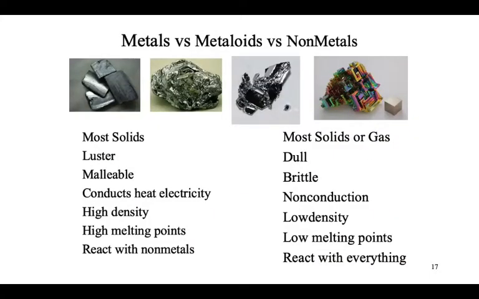Okay? So, classifications for our elements. We get metals, metalloids, and nonmetals. I'm really not happy that we don't have a periodic table there. Okay? We compare those across. Are those the same? No, we get most solids or gas. Okay? Luster. What is luster? Shiny. What is dull? Not shiny. Yes. Can a non-metal also be a liquid? Isn't there one? We'll address that.